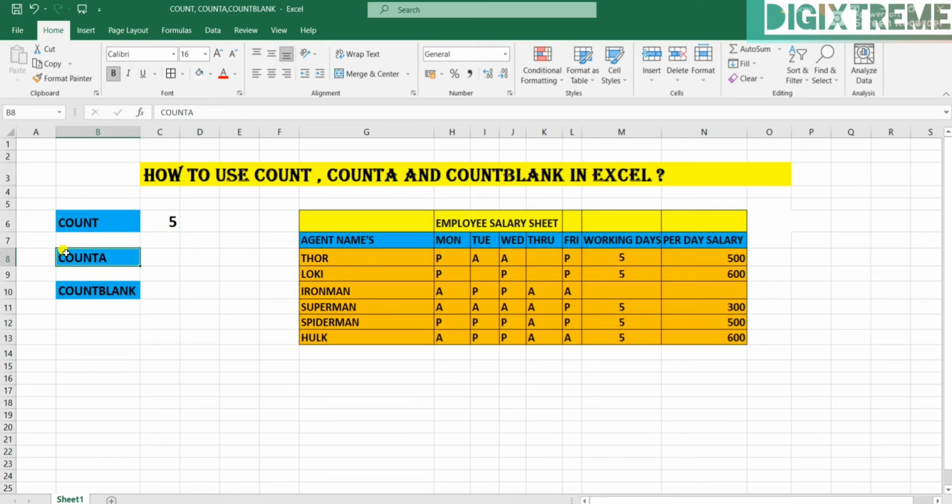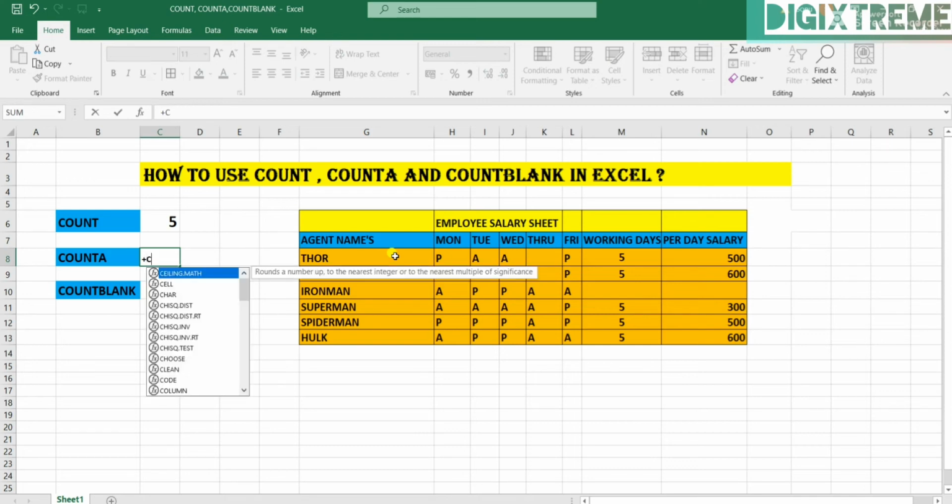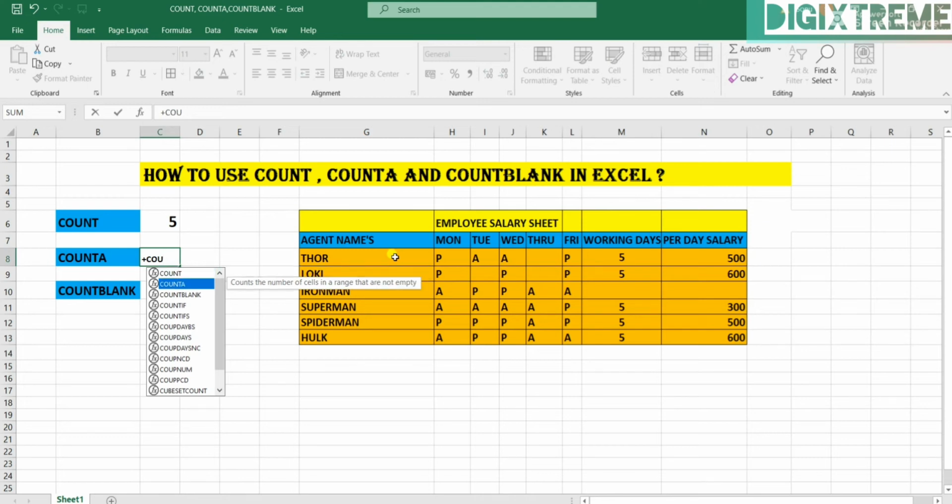Let me show you with an example for better understanding. So let me apply the formula here. As I told you, to apply any formula, you can start with equal to or plus. You can also start with plus. COUNTA. This is the COUNTA formula. Now tab.